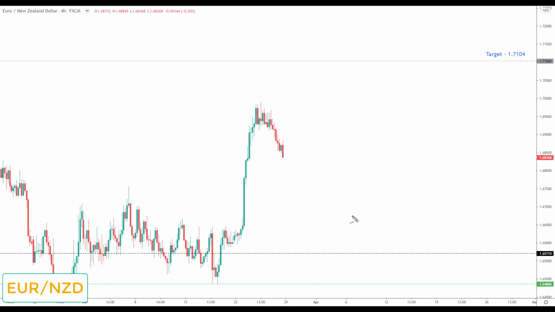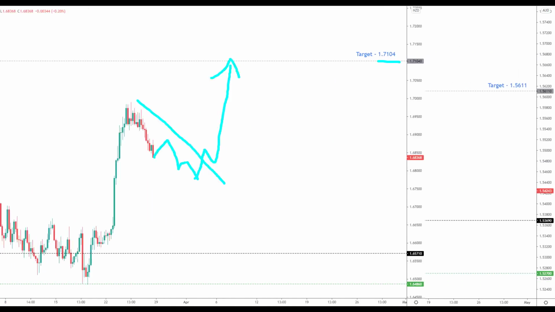Euro New Zealand, another big move to the upside, another risk off move because we're seeing reflationary risk on trades throughout the quarter, and then at the end of the quarter, those trades are closed. So the opposite to risk on, of course, being risk off. So you see the euro strengthening against the New Zealand commodity currency. We're starting to flag here in terms of a bull flag. So this continued correction next week will be viewed as an opportunity to look for bullish reversals in this market. And if we get the right setup, we start to break to the upside, we're going to be looking up towards the next key of resistance to the upside at the 1.7104.